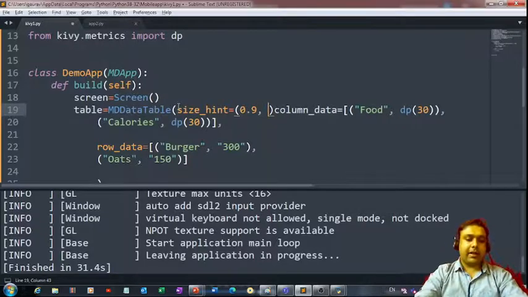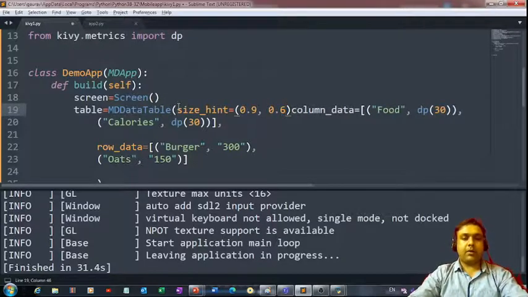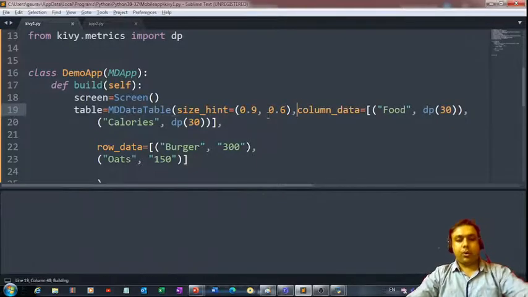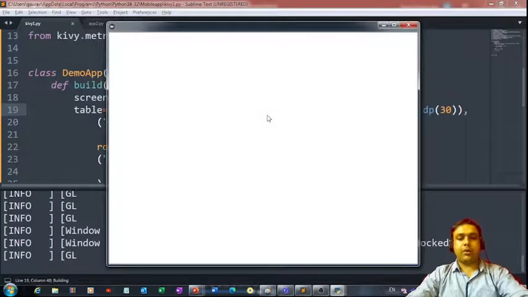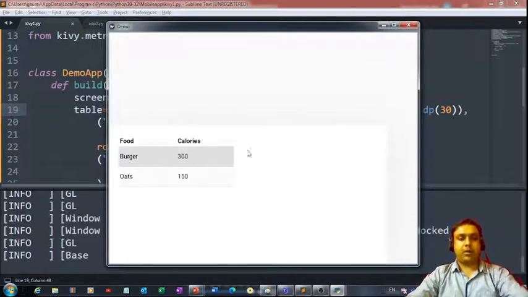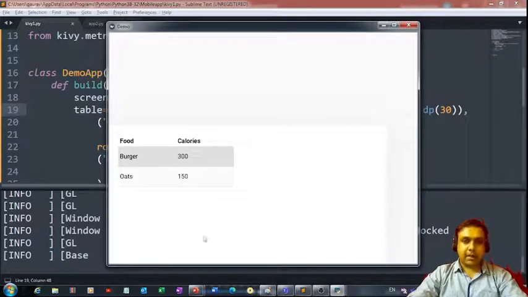So 0.9 you can put here. Similarly, you can define the height also. Now when you run the code, this is what you are going to get as a final output, right? So that's the whole table, and it is looking much more beautiful.